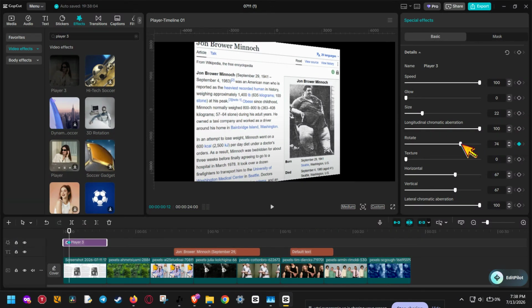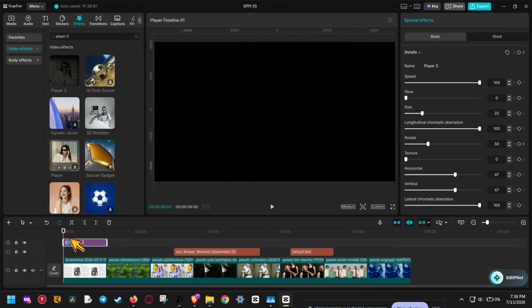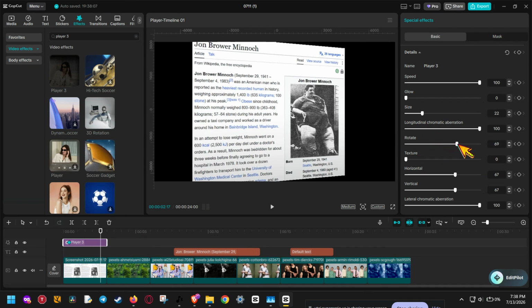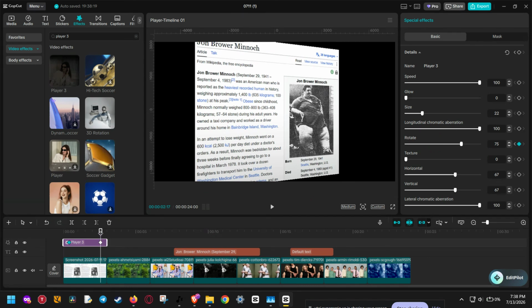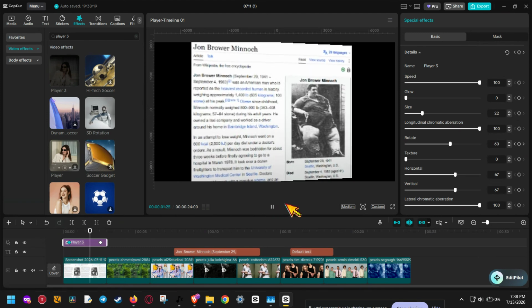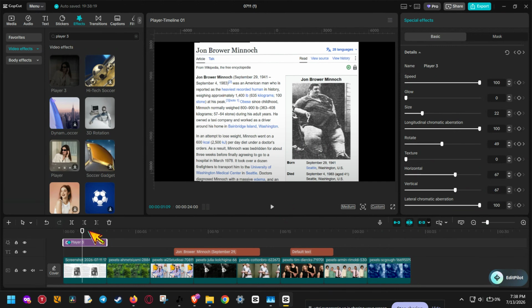Then move the playhead forward in the timeline and adjust the rotate value again. CapCut will automatically animate between those 2 points, creating a smooth 3D movement effect. This is what makes the result look much more professional. Instead of a static angle, the video can gently tilt, rotate, or shift in perspective as it plays. You can use this for intros, transitions, product shots, social media edits, or any clip where you want to add